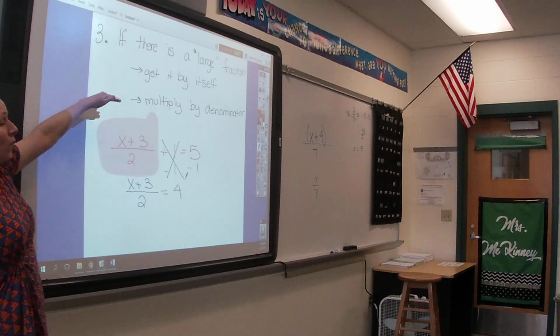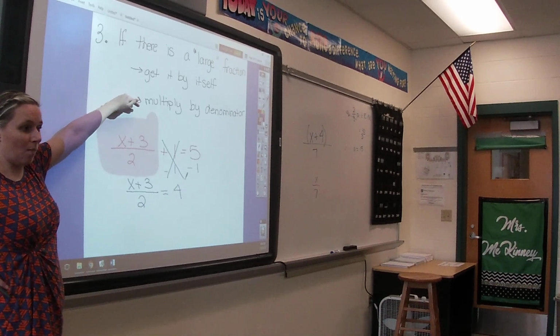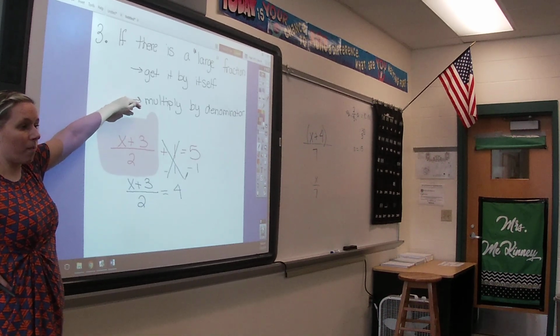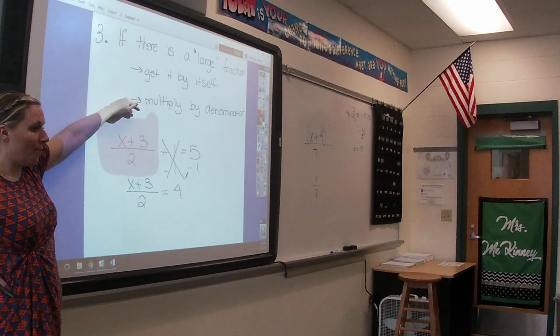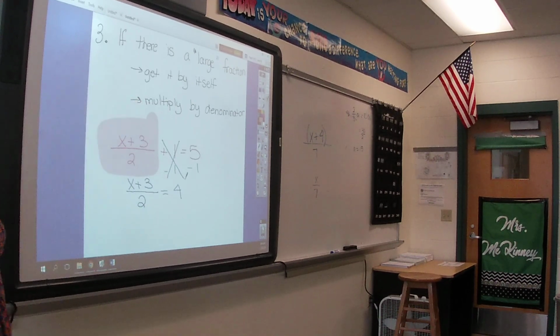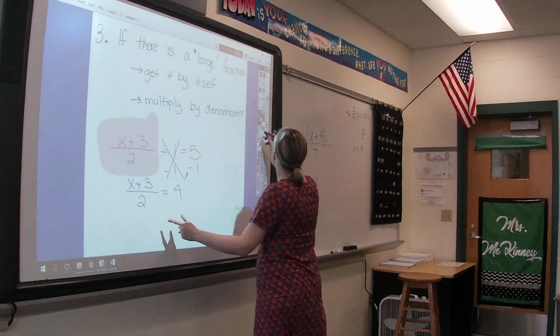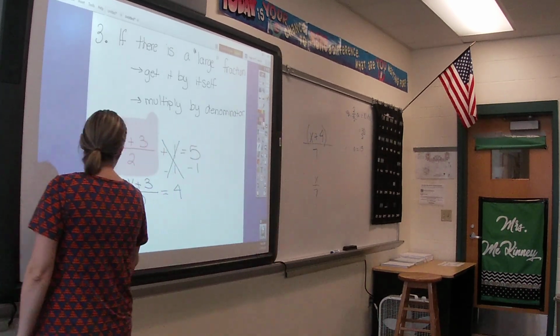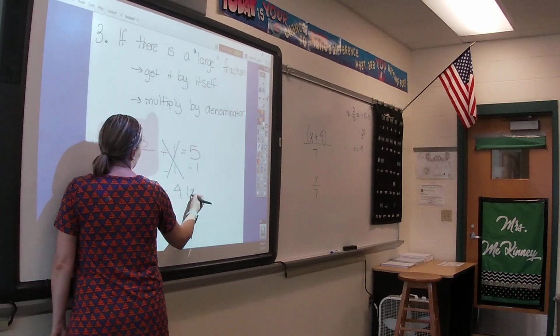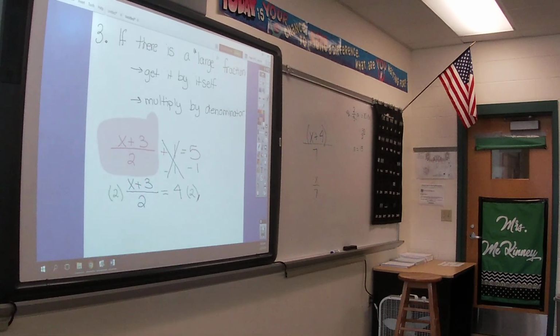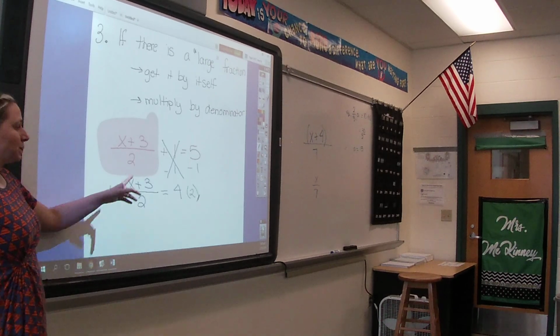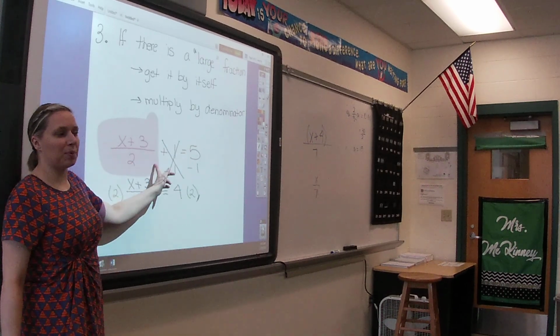Before we do anything with the denominator. Okay, so once we get it by itself, then we can multiply by that 2. This step right here is the